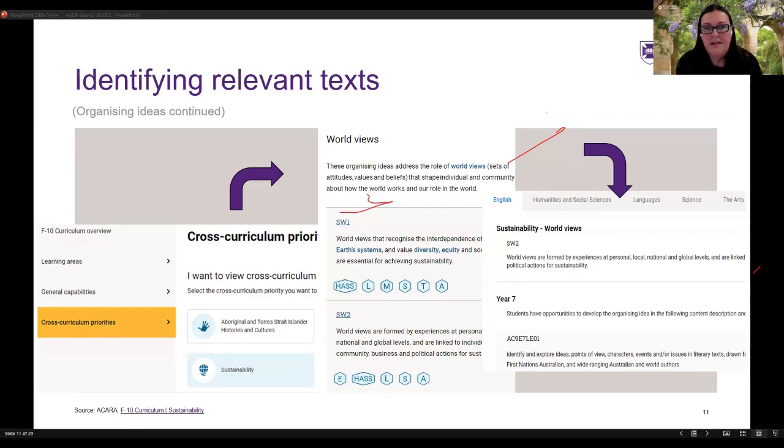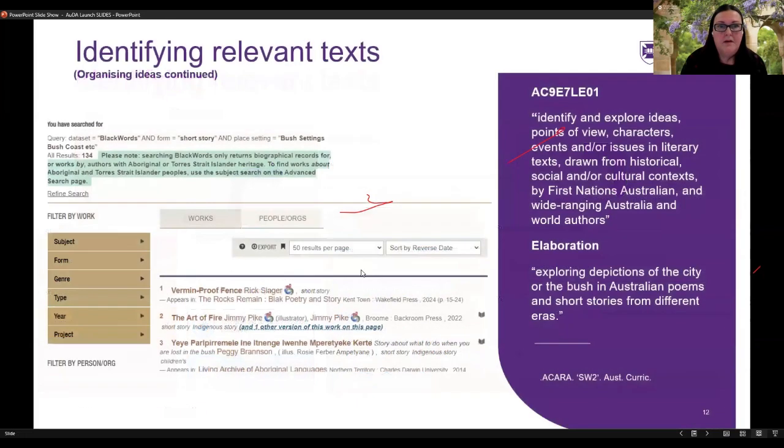We looked at sustainability, then the organising idea worldviews, then worldviews SW2, for example, learning area English, and then the content description. So looking more closely at this organising idea, it states, identify and explore ideas, points of view, characters, events and/or issues in literary texts drawn from historical, social and/or cultural contexts by First Nations Australian and wide-ranging Australia and world authors. It comes with the elaboration, exploring depictions of the city or the bush in Australian poems and short stories